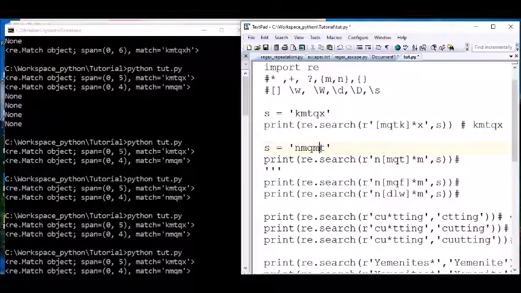So now it says, T, can T match with M? No. We drop it. Now go back to here. Can M match with M? Always it goes back one, drops one character, and does the comparison. M match with M? Yes, correct. M matches with M. So the output will be this one: MQM, QM, and MQM, whatever is here.